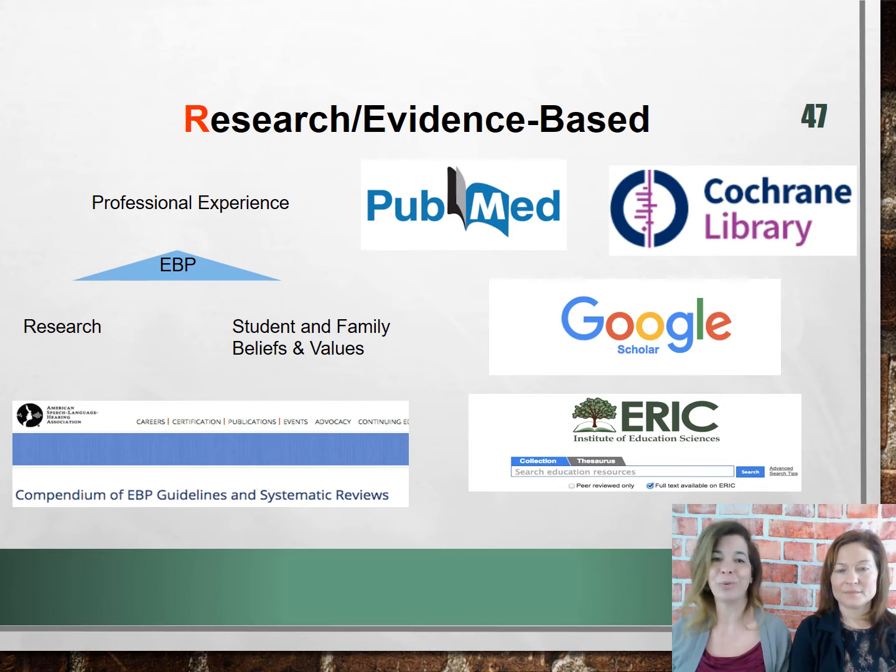If they could do it without our help, they wouldn't need an IEP. Right. So we are accountable for reporting what intervention, what specialized instruction strategies we are using to help that student learn those specific skill sets. These are the things that you need to be researching. Another tip is to maybe look at developmental norms. Sometimes it's not about the strategy, but it's about where they should be at that age and developmental level. So just some things to think about. Again, we have a complete webinar in our series on the research and evidence base, and we give a lot of tips and strategies to help you with that part of the process.